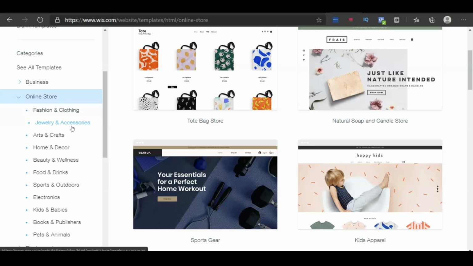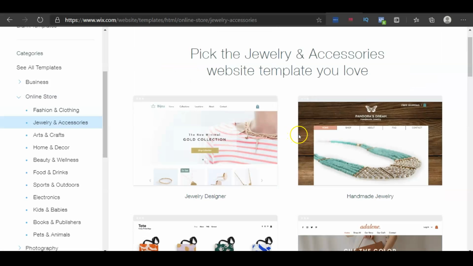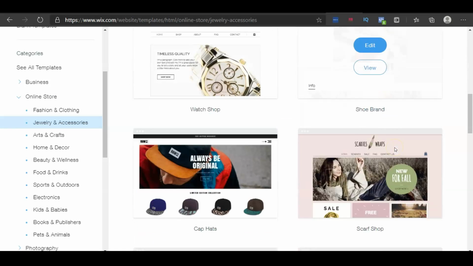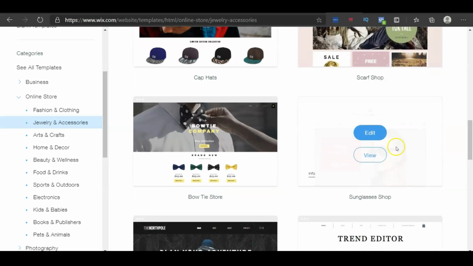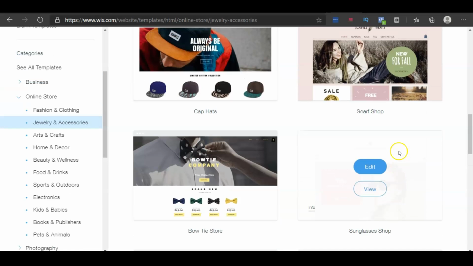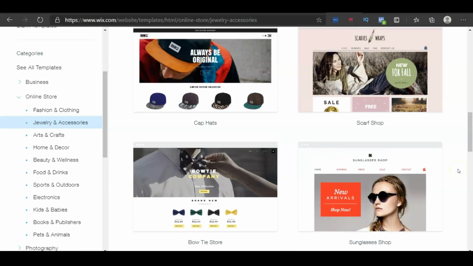The domain that I just purchased was a fashion and clothing type of domain. So it was trendy accessories boutique. So I can either choose fashion and clothing or I could choose jewelry and accessories. So I'll choose jewelry and accessories. And right here we can see that we have some very nice, very clean templates here that I could select to start creating my store. So I'm going to choose for this video,